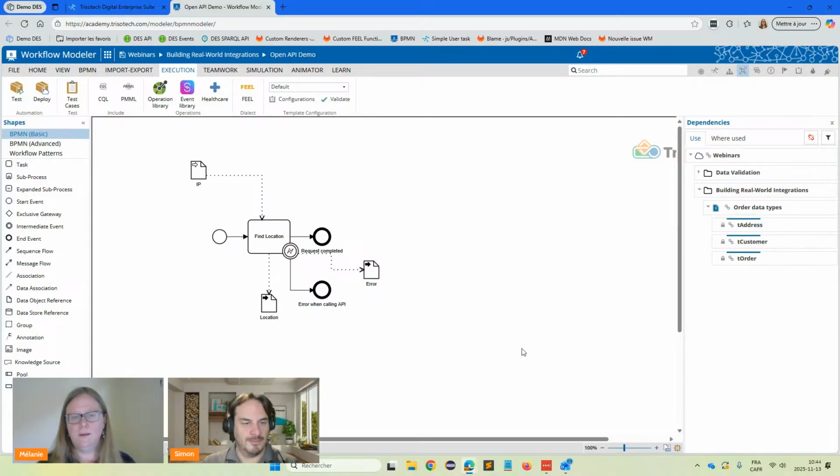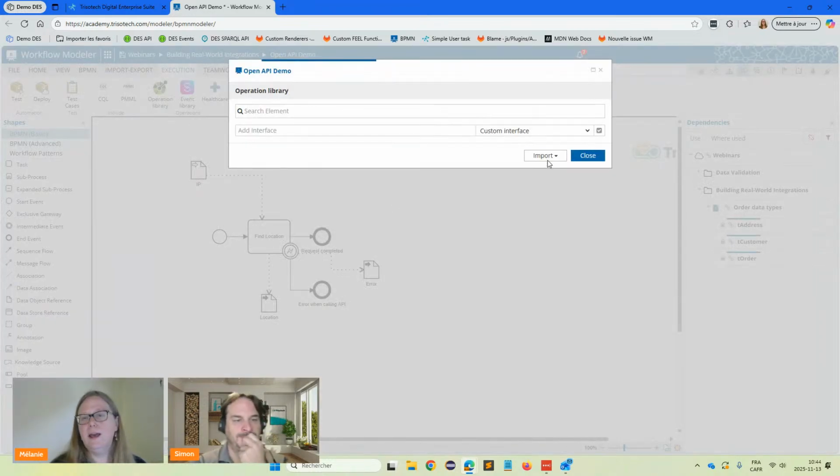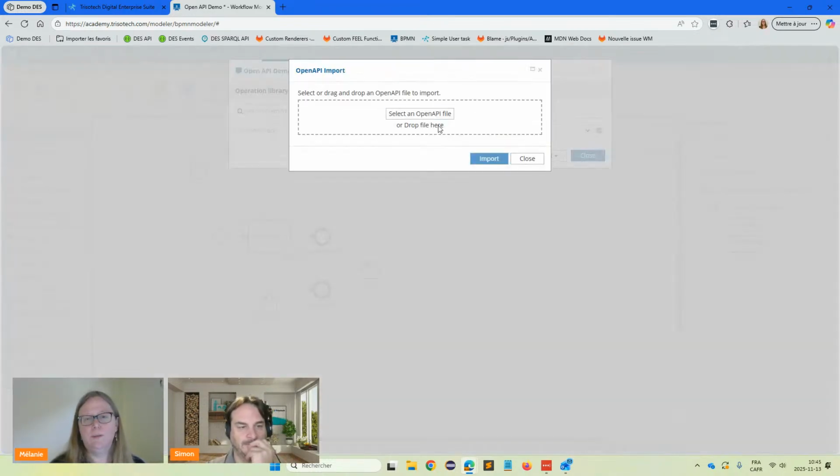So here, I already have a small BPMN model that I drew for you. It's quite simple. It wants to find the location based on an IP. So I know a service that does that. It's called API stack, IP stack, sorry. So I'm going to just go in the operation library here, and I'm going to import the OpenAPI. So I'm just going to select the file,